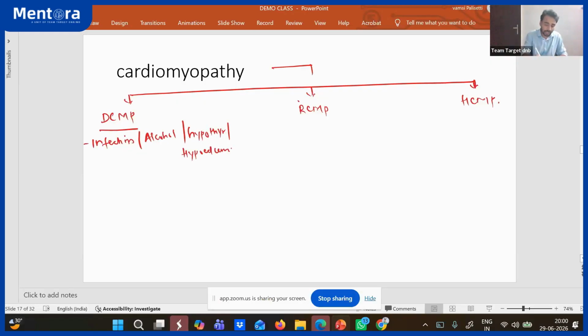So now what is going to happen? The name is dilated cardiomyopathy. All the chambers are dilated. Okay. If all chambers are dilated, what is going to happen? Understand here. If all chambers are dilated, the chambers are thinned out. The ventricular muscle is thinned out, right? If it is thinned out, the force of contraction is very less, right? So that's why it's a systolic heart failure. They produce systolic heart failure. Accepted here.